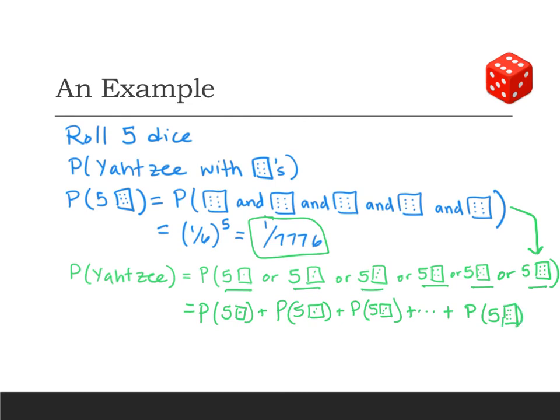So it's basically just going to be 6, right? Because there's 1, 2, 3, 4, 5, 6 of them added together. Well, repeated addition is multiplication. So 6 times 1 over 7776,